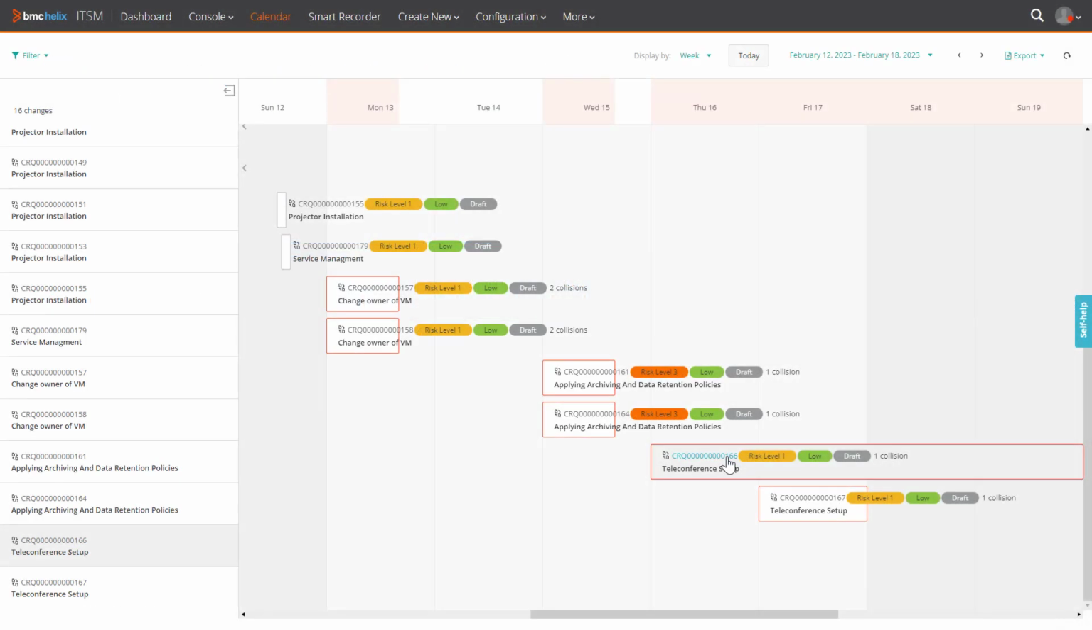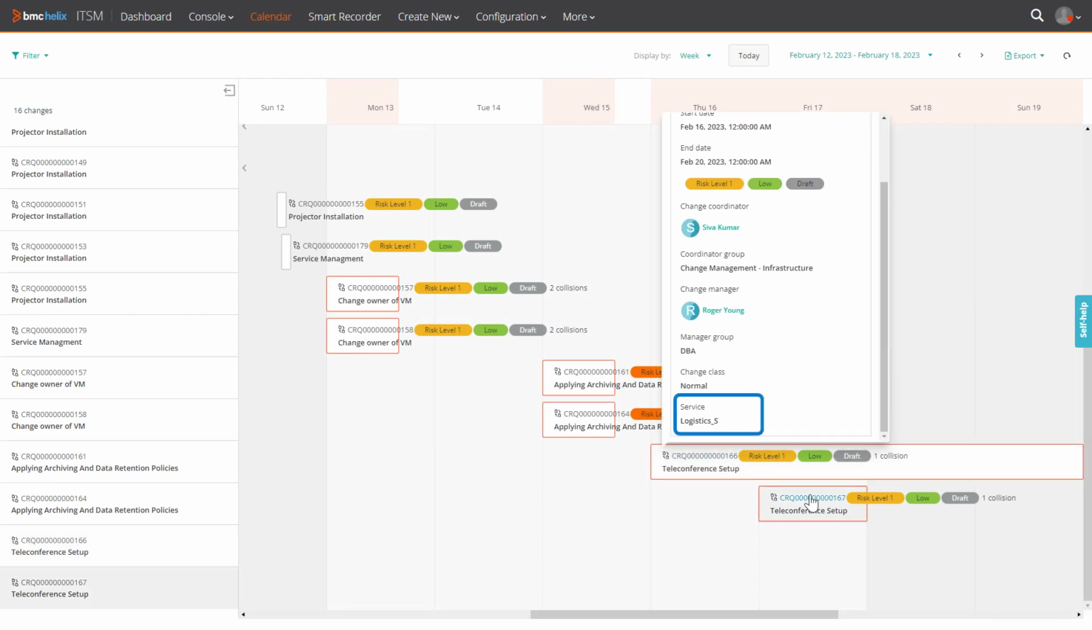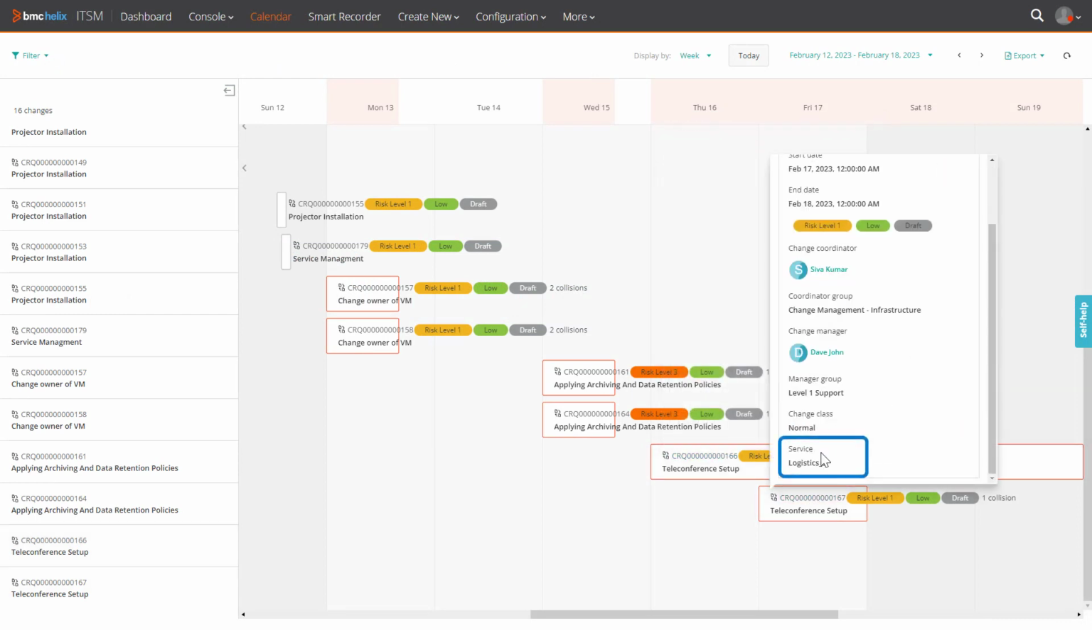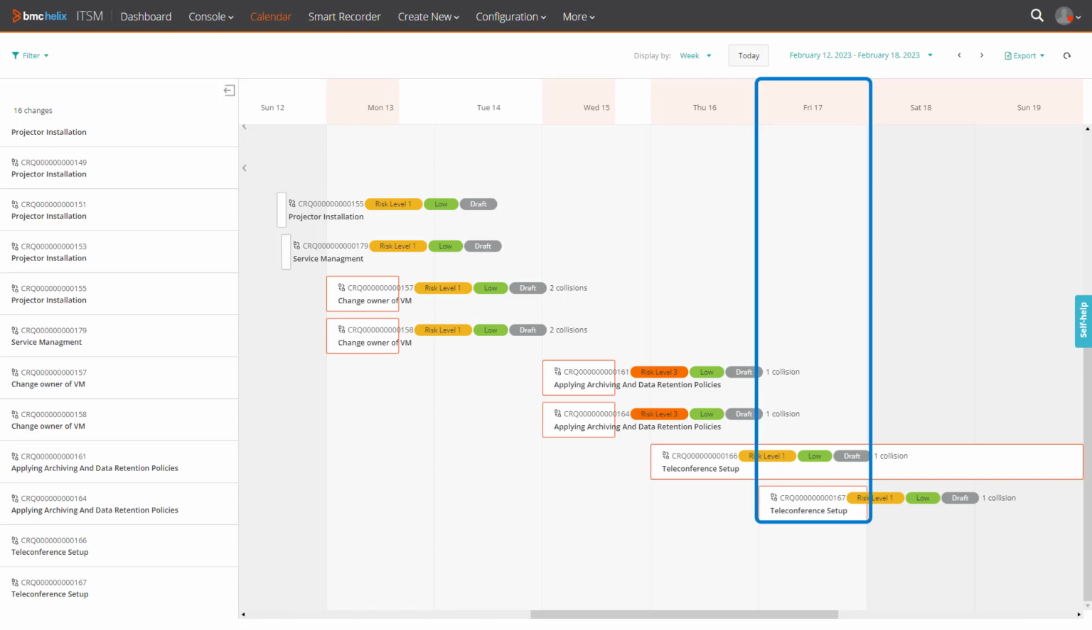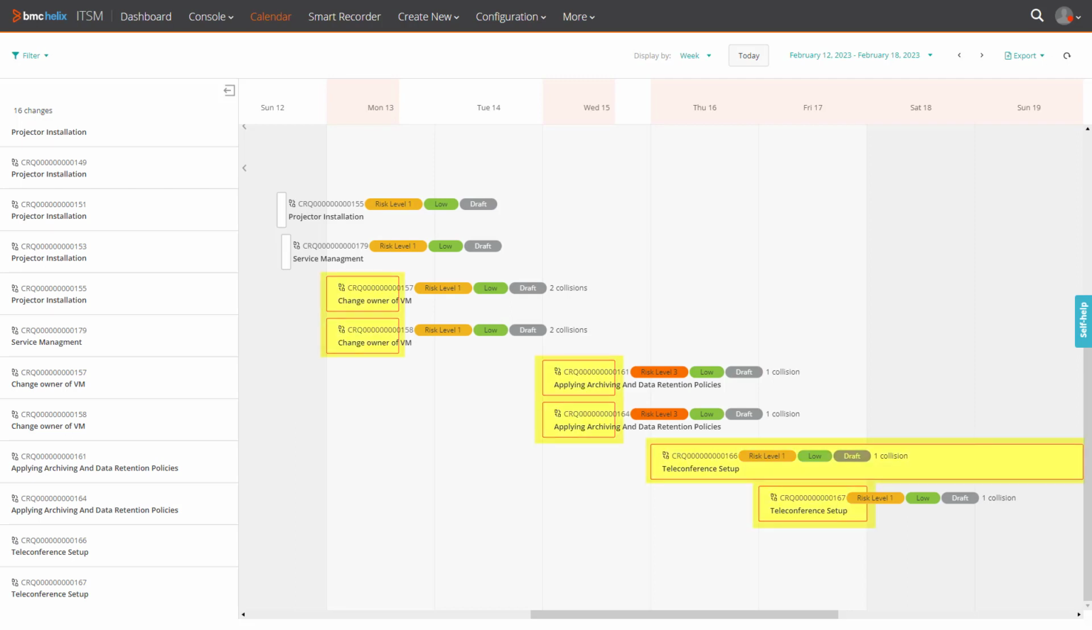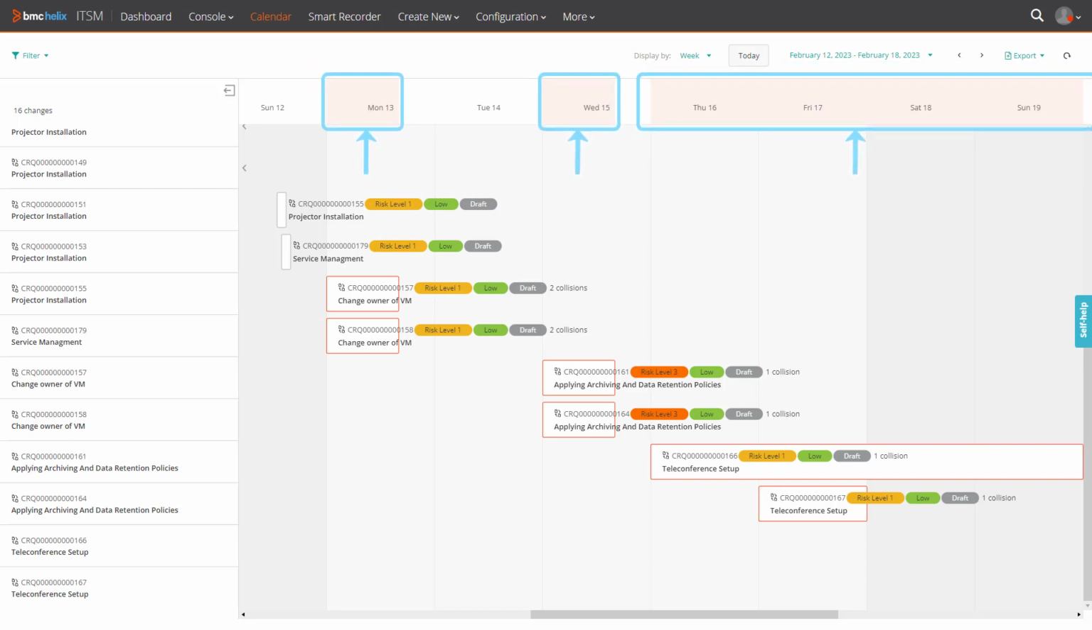For example, Logistics S is a business service related to these two change requests, and the scheduled dates for these change requests overlap. The calendar detects these collisions and helps you manage and resolve the potentially harmful conflicts. The change requests with collisions are outlined in red, and the number of collisions are shown next to the pills. The calendar also shows the time range between start and end dates of the tickets in collision, highlighted in red